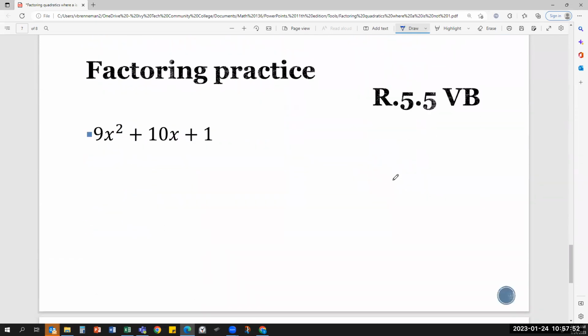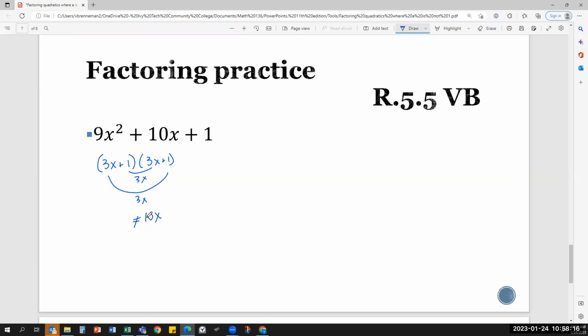Next example, we have the same a and c, but here if you test the 3x, in this case it would be 3x plus 1, those middle terms aren't going to add up to 10. So rather than doing more guess and check with this,